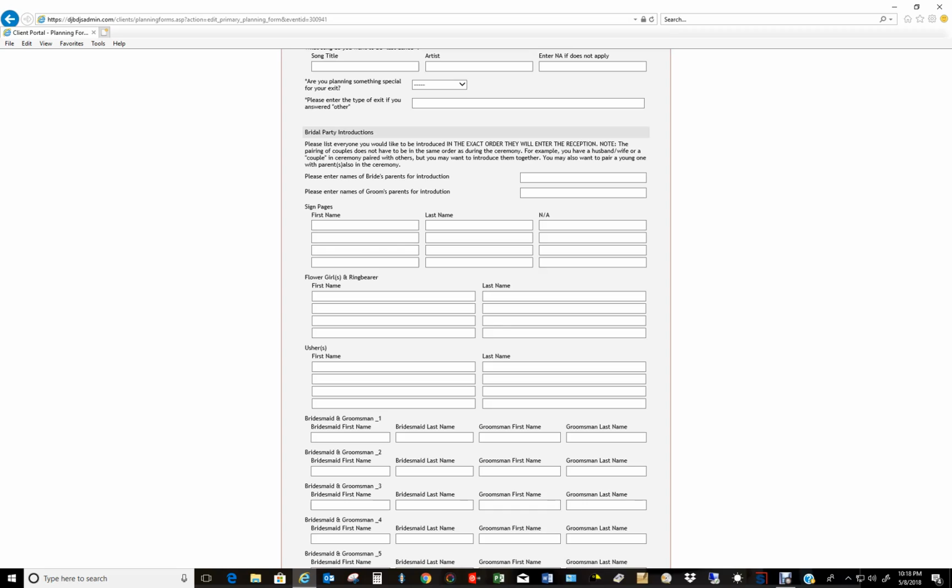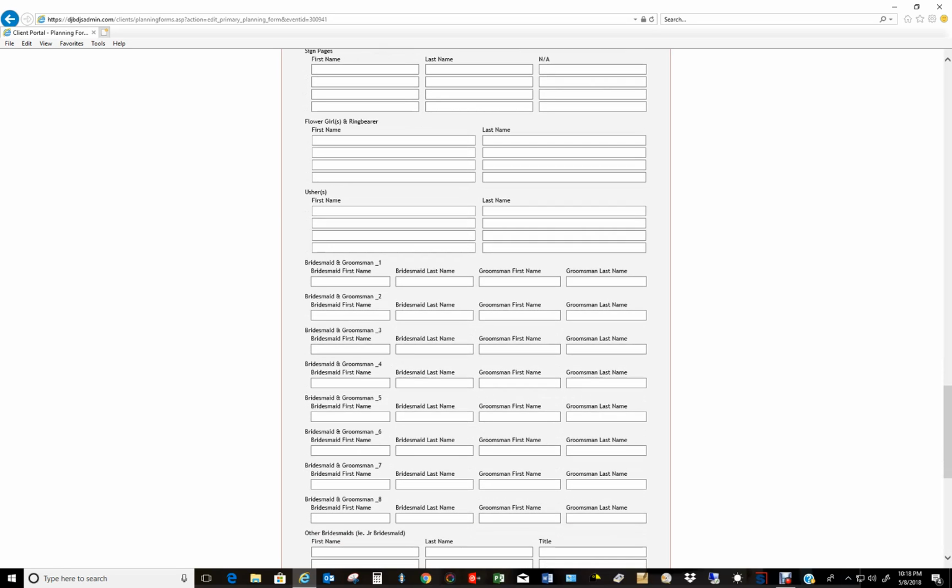You don't have to fill in all the fields. Like, say, for instance, if you don't want your parents to be part of the introduction, or if you don't want your flower girl or ring bearer or whatever, if it's just strictly going to be bride, groom, and groomsmen, or if it's just going to be the bride and groom, but whoever is going to be in it would go on this form, and you need to put them in the very same order that you plan for them